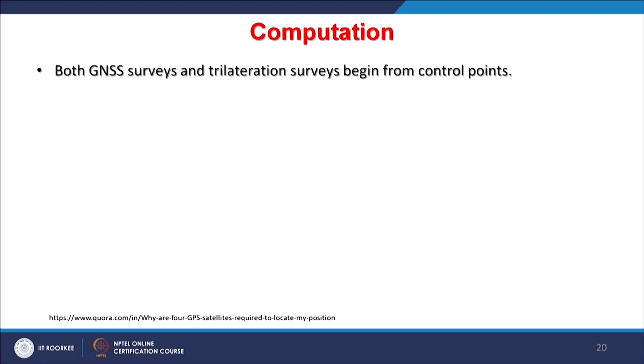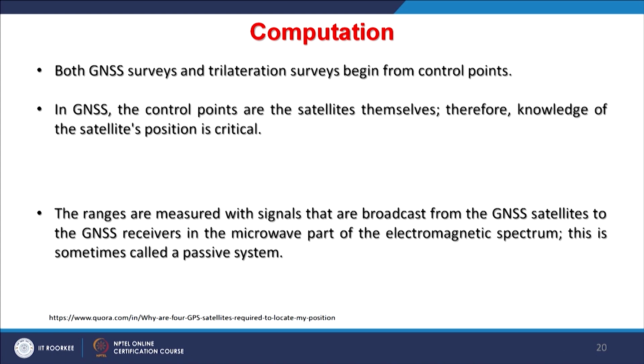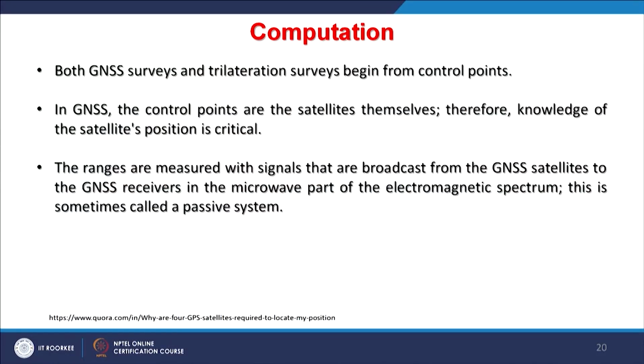Both GNSS surveys and trilateration surveys begin from control points. In GNSS, control points are satellites, and the satellite's position is critical for position determination, and ranges are measured with signals that are broadcast from these GNSS